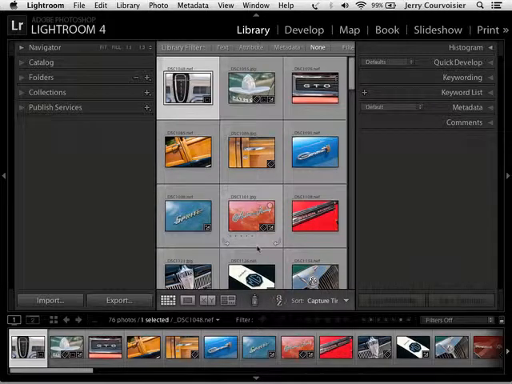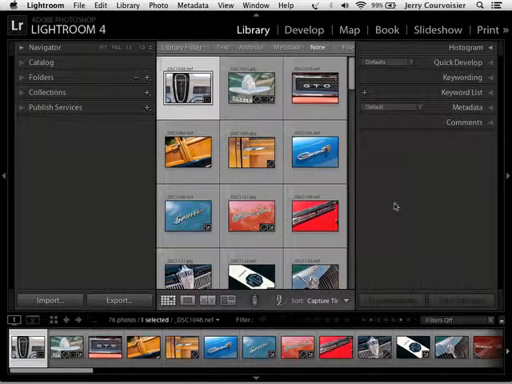Let's take a look here at Lightroom's uncomplicated navigation. At the top panel, you'll see all the modes: Library, Develop, Map, Book, Slideshow, Print, and Web. The interface is divided up into two panels on the left and right. In the case of the library, we have the organizational features on the left-hand side and the metadata features on